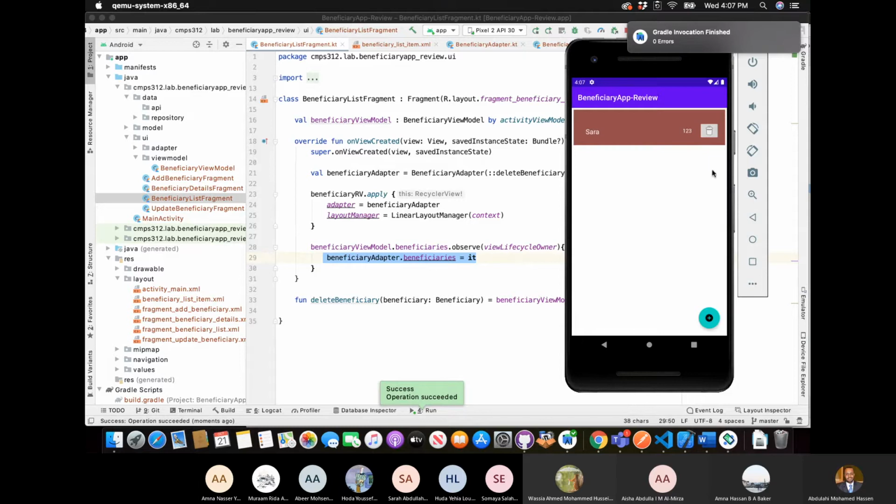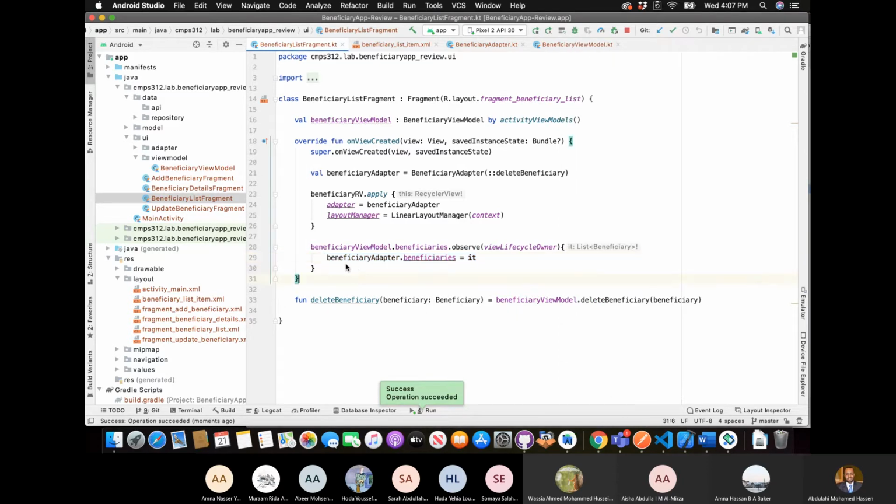So we click on the delete button, it deletes the stuff. Okay, so we have now done the listing and the deleting. Now let's go ahead and implement the add button, where when they click on the add button, we first navigate